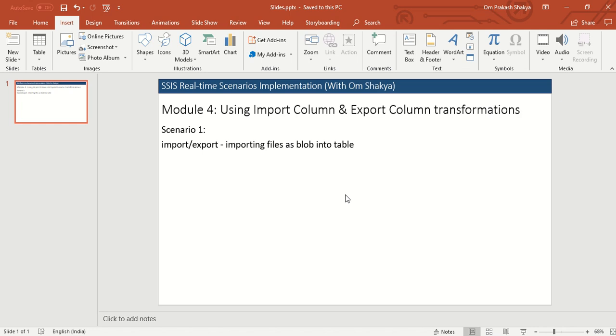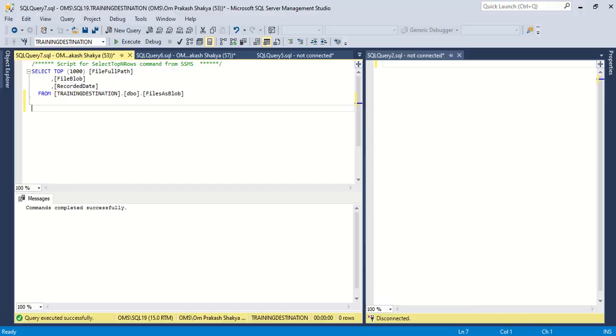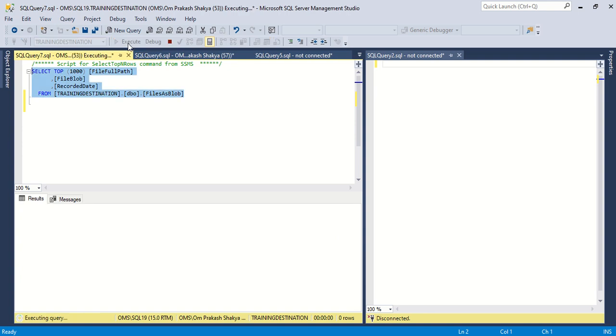Hi, this is the first scenario in module 4, importing files as blob into the table. So let's jump to the demonstration. Let me first show you the schema of the table where we will store these